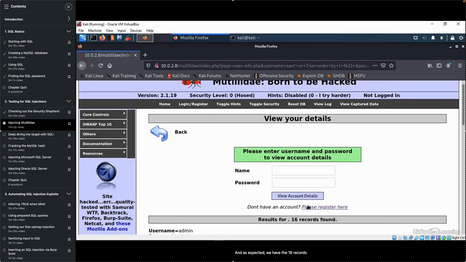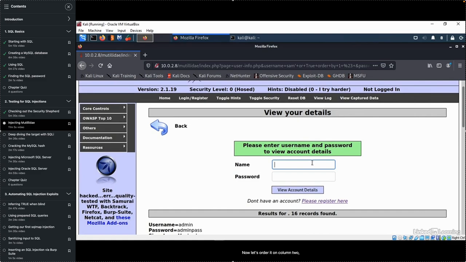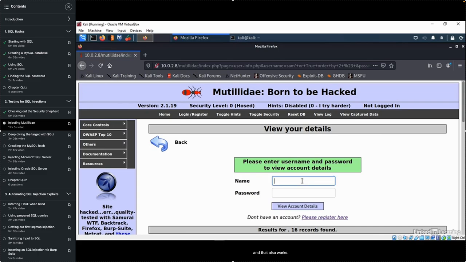And as expected, we have the 16 records ordered by the first field. Now let's order it on column 2, Sam or true, order by 2. And that also works. And we carry on like this, Sam or true, order by 3,